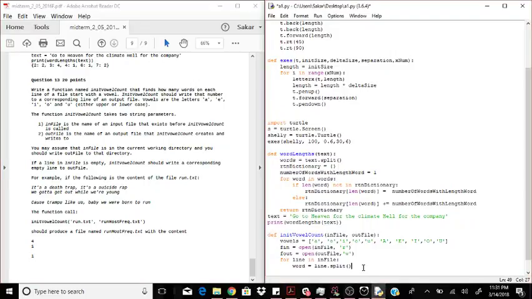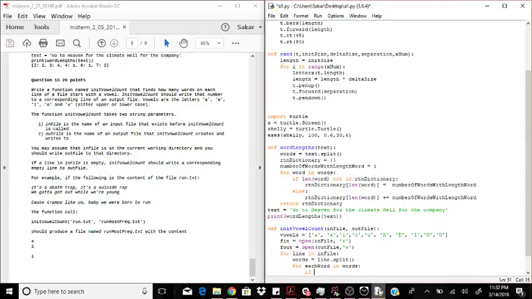Okay, so for line in line dot split. Now I have to loop over the list. So I'm going to say for each word in words, if each word dot zero, that means it gets the first letter of the word. So in this case, the first letter of the word is I. If each word is in vowels,